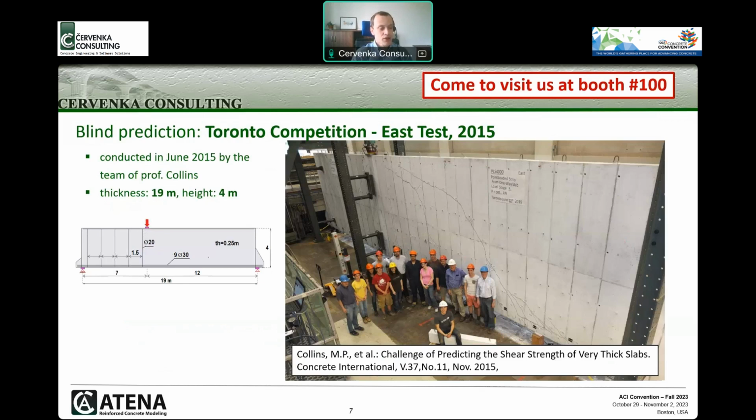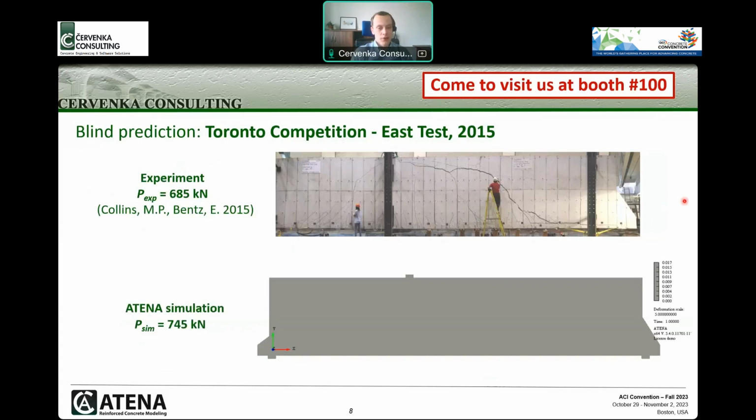One of these competitions, which I would like to mention here, is the one from 2015, conducted at the University of Toronto by the team of Professor Collins. It consists of a large beam subjected to shear loading. You can see that the loading was a little bit off the center,